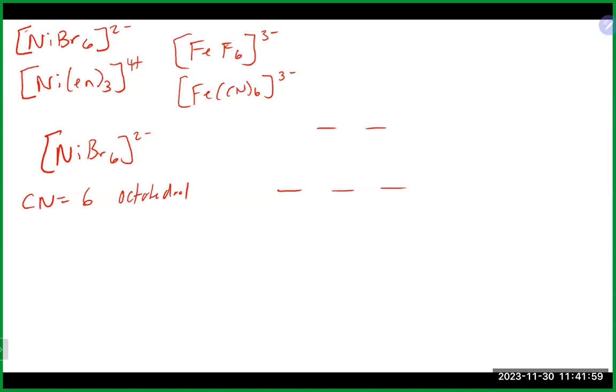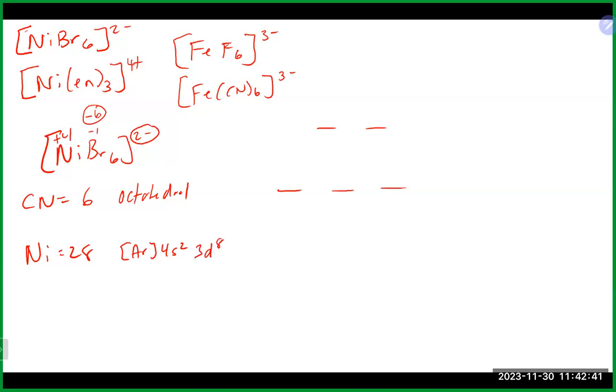And what we want to really figure out first is what the oxidation state is on our transition metal. If we go through that, our Br is -1, and there are 6 of them, which gives us -6. Overall, we do have a -2 charge, which means the nickel is carrying a +4 oxidation state in this particular case. And if we look at the periodic table, nickel is 28, right? So nickel is 28 with no charge,